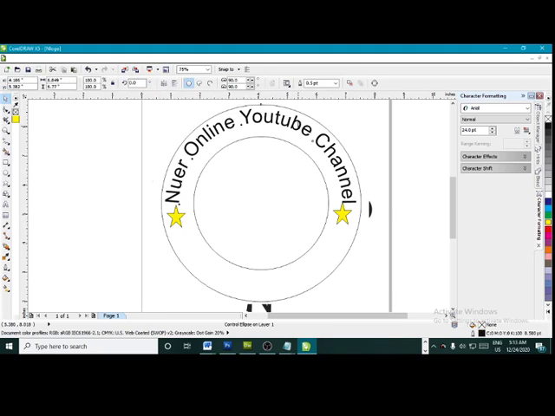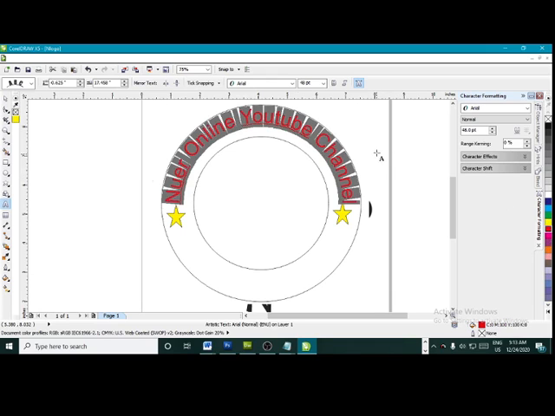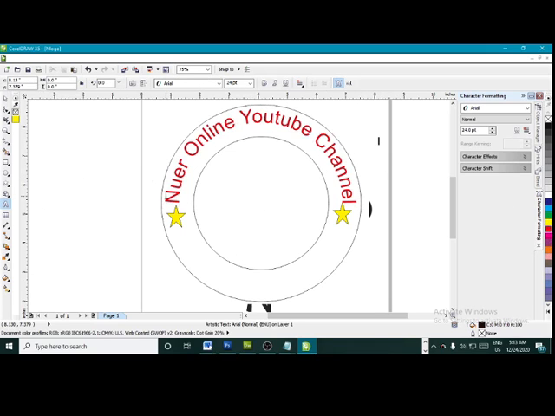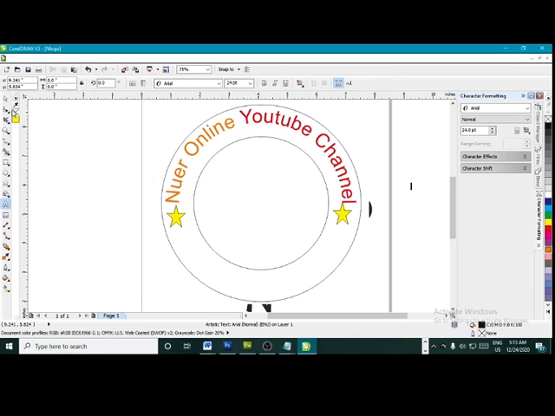this one I can simply color it if I want. Then let me put it to red. Okay, no, this one I'm going to put it to red. This one I will put it to a different color. That one will be in red. Okay, I will do another way, and then I say